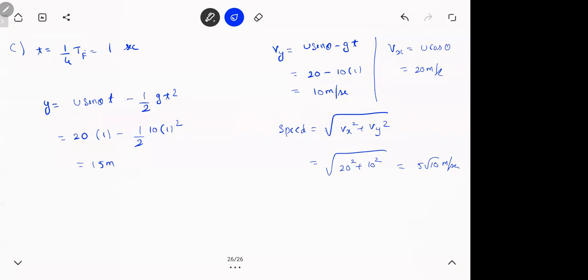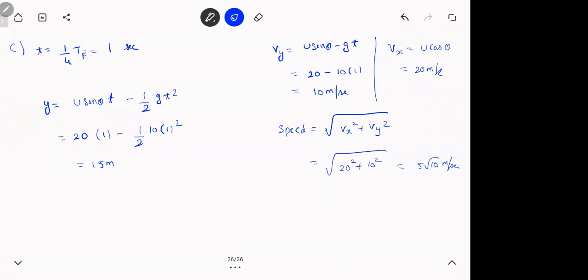So if you see, what we are using is that x is u cos theta t, y is u sin theta t minus half gt square, vx, vy. These are even more standard formulas than the h max, range and such. These formulas you can use in a wide variety of cases. You can't use h max, range, time of flight if you're asking something in the middle of the problem. Hope the C part is clear. Have a look at this. Any doubts, do ask me.